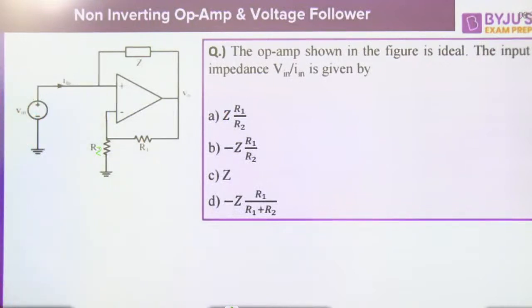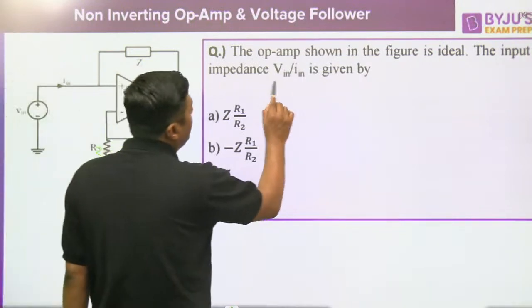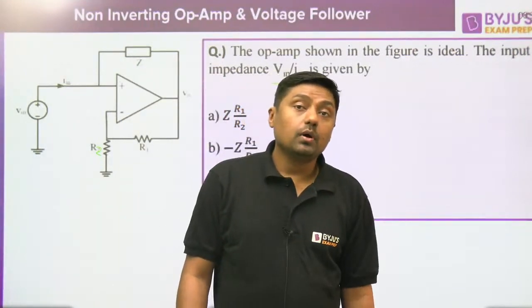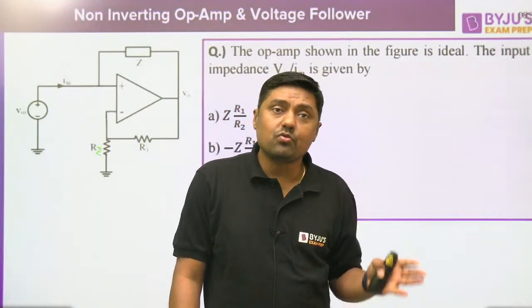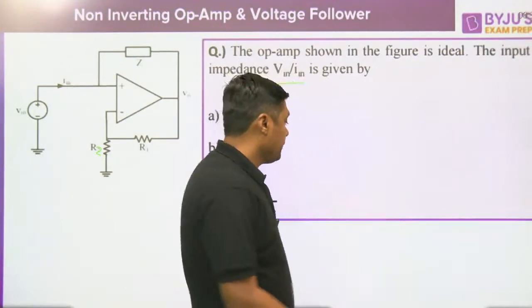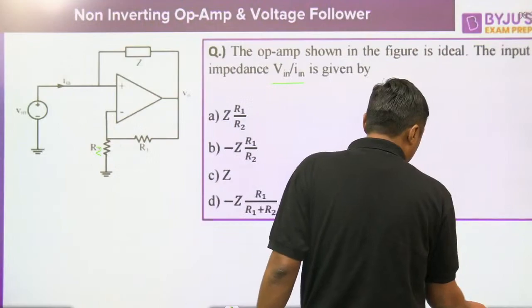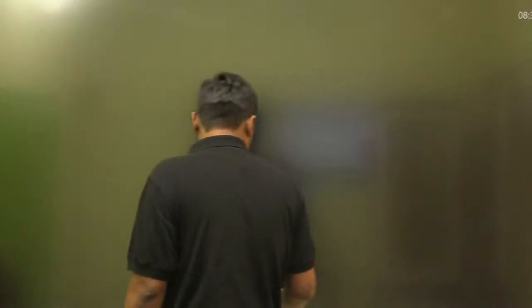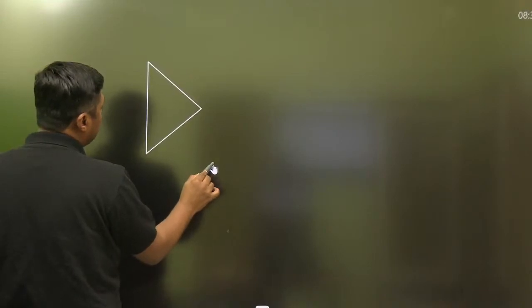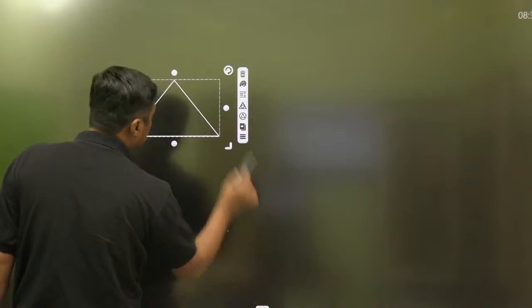It will become very difficult for us to find which feedback is dominant, because ultimately we have to find Vin by Iin, but we are using the virtual short concept, and whether the virtual short concept is valid or not depends on which feedback is dominant. Now tell me how to check. Just watch this diagram. Always remember, if both the feedbacks are present,